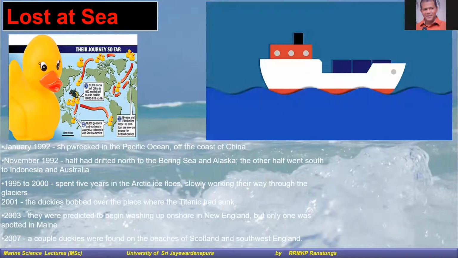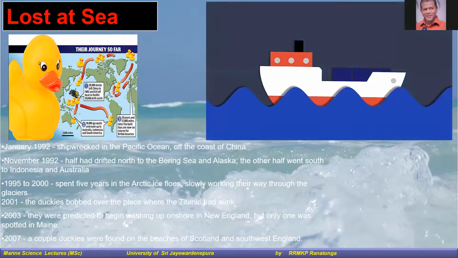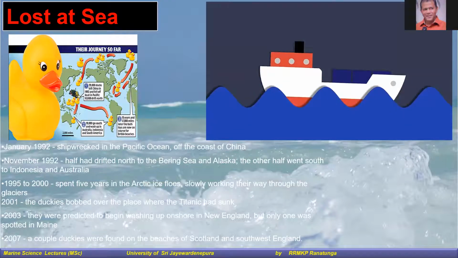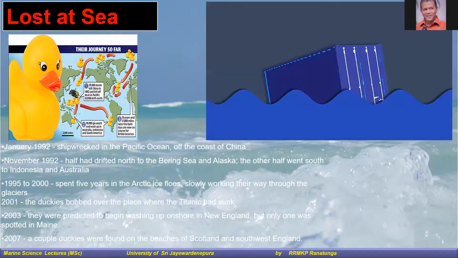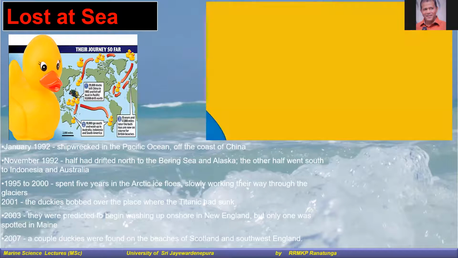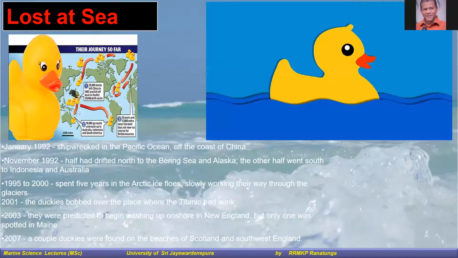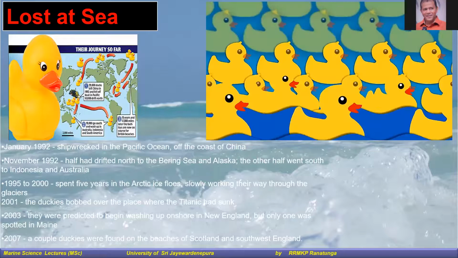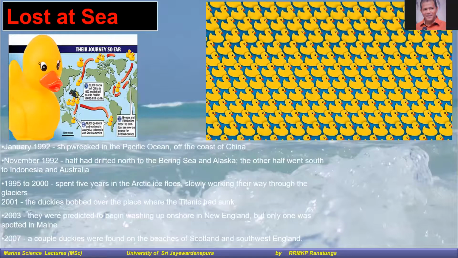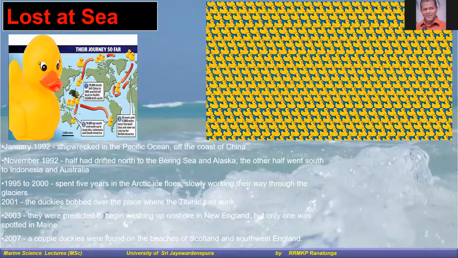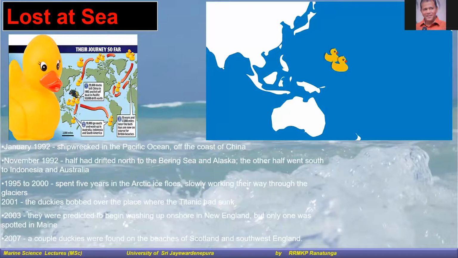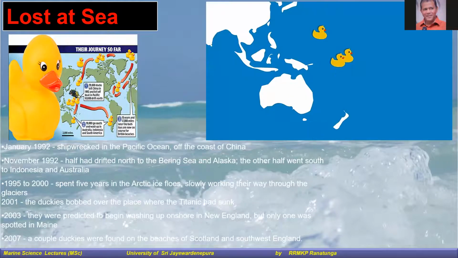But then, a stormy night came in January 1992. A container fell overboard. After a clash with another container, the plastic toys were abandoned in the Pacific Ocean. The journey of the 29,000 floating ducks began. The first 19,000 ducks went to the south. After 3 months, they landed on the shores of Australia, Indonesia, and even Chile.